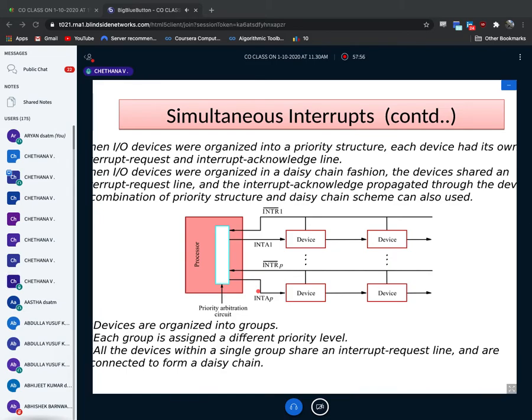What groups? First, wherever he has his BJP, the same party, he may serve them first. I'm not telling it is 100% true. As an example I'm telling, okay. Later he will think, that is one scenario. What is one group? Wherever I have BJP, I should serve them first. I should provide the service to the CMs of BJP states. It is one group. Please don't take it seriously. Simply I'm telling one example. That's one way of grouping.